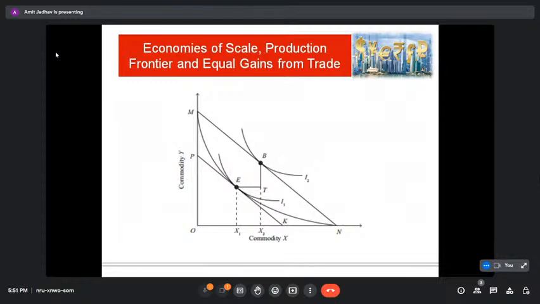Because of increasing returns to scale, country B is able to produce more X commodity, so they can shift from point A to point B, where we have indifference curve 2, and they are able to produce extra Y commodity because